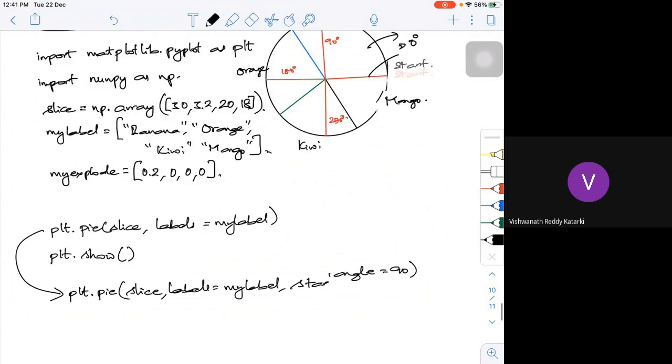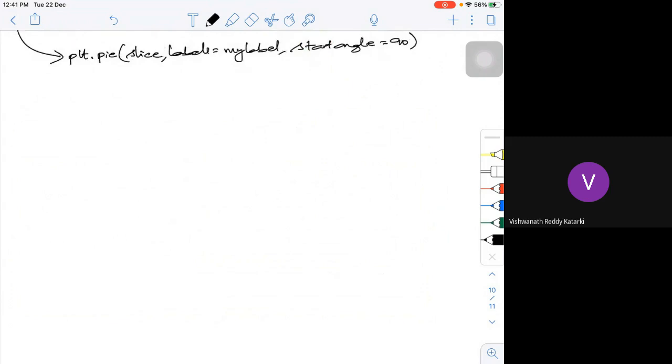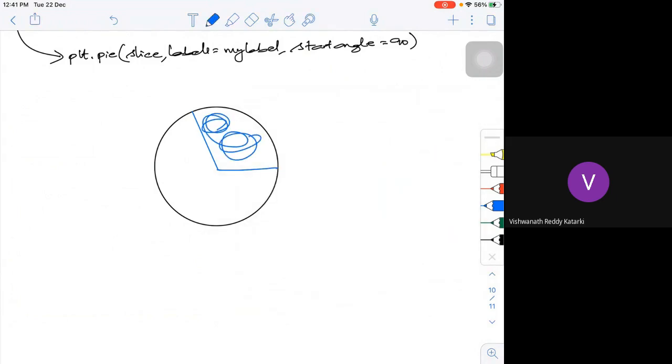So what will happen in this particular case? Say I have this banana like this, so it is from 0. Only this particular portion gets exploded.